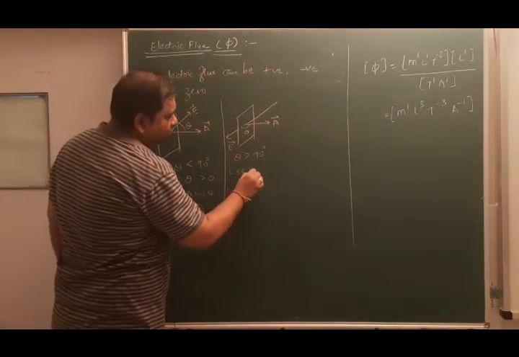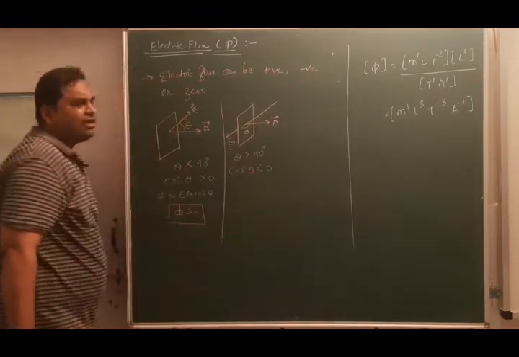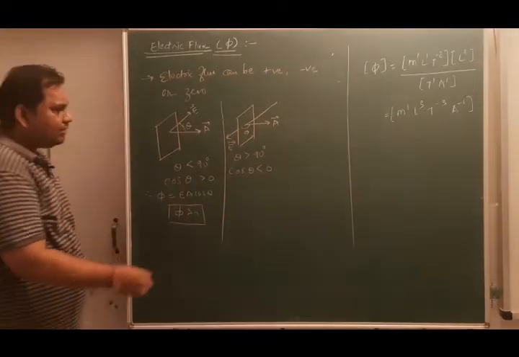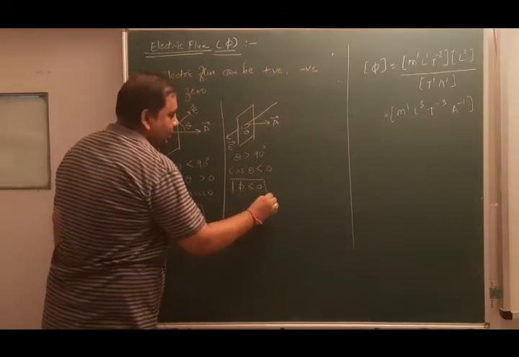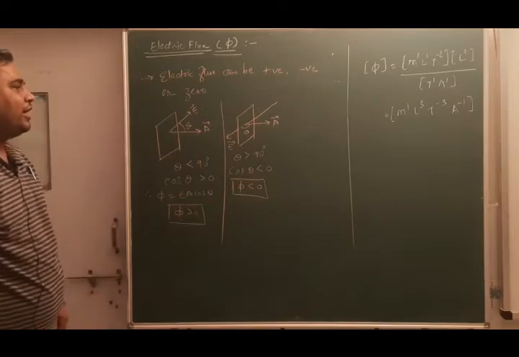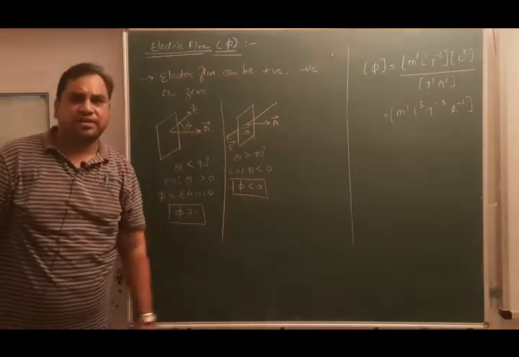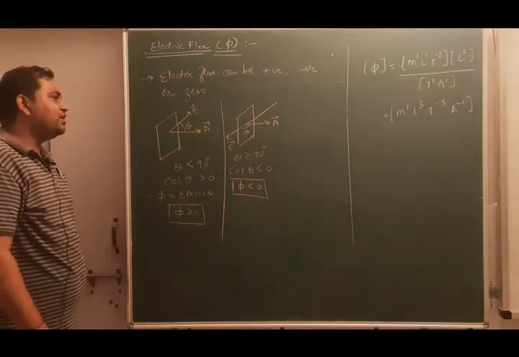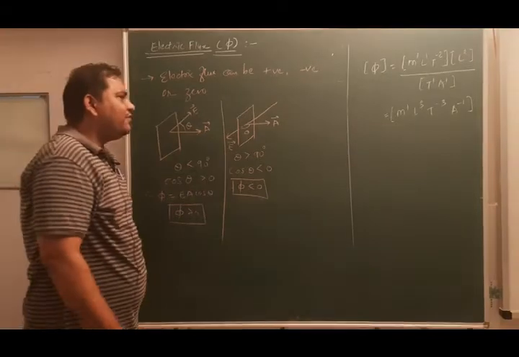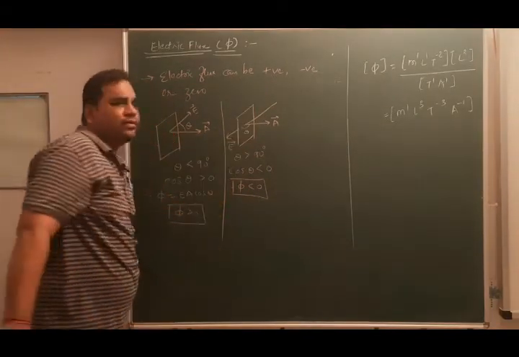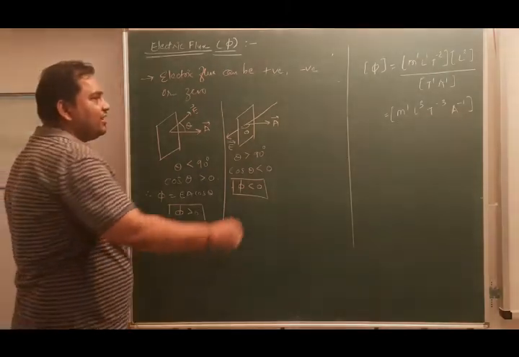अगर सेकंड क्वाड्रेंट में है एंगल, तो सेकंड क्वाड्रेंट में cos फंक्शन की वैल्यू नेगेटिव होती है, cos थीटा विल बी लेस देन 0, and therefore flux will be less than 0. You are getting it? Whenever field lines are coming out of surface, that flux will be considered as positive flux. Whenever field lines are going into the surface, that flux will be considered as negative flux.